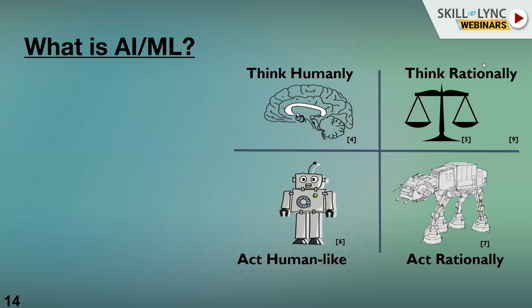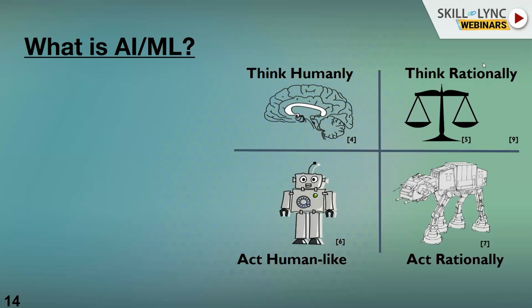But let us take a pause for a few seconds, and let me ask you this philosophical question. What is intelligence? If you were to define intelligence, what do you think it is? I'll just take 5 seconds. Think about it. What is intelligence according to you? We will come back to that. But once you think about intelligence, the next question we want to address is, what is artificial intelligence? There are 2 perspectives here.